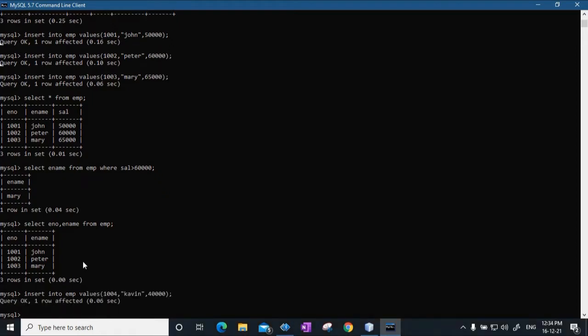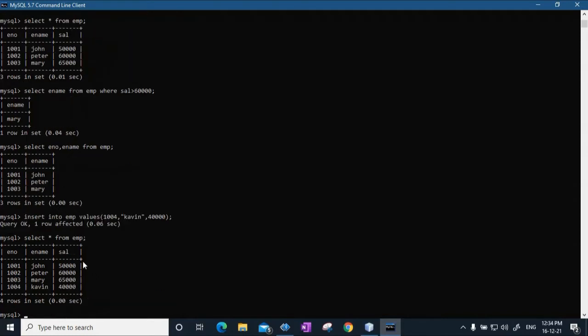Now another element has been inserted into the database, and if I want to display the full content of the table, I can say select star from EMP. So now you see Kevin is also added as one more tuple to the database table. Now a database contains several tables.